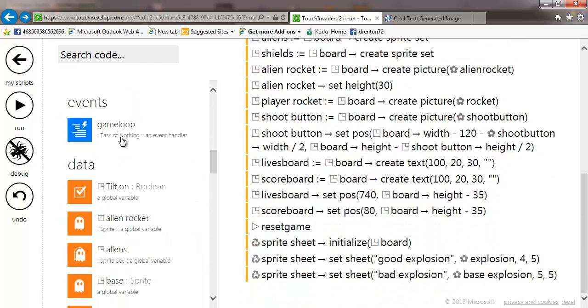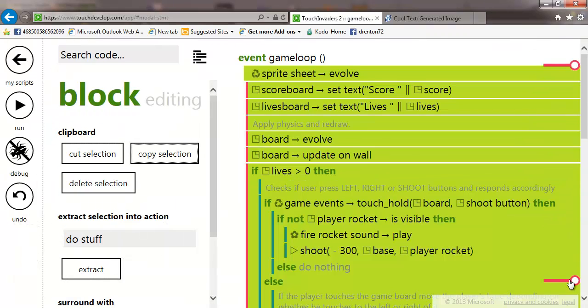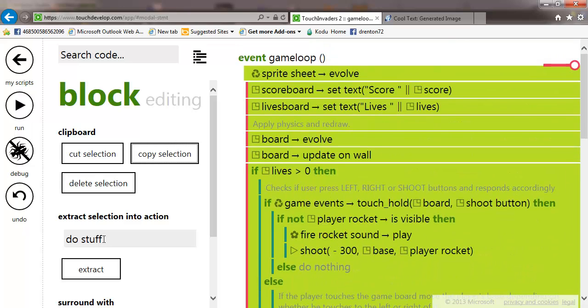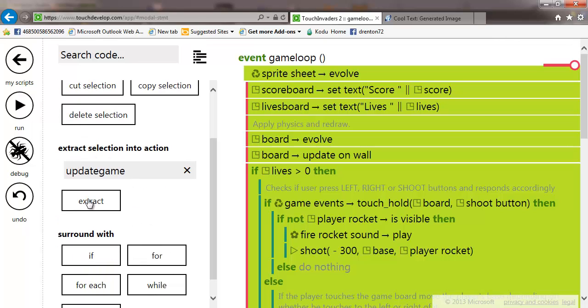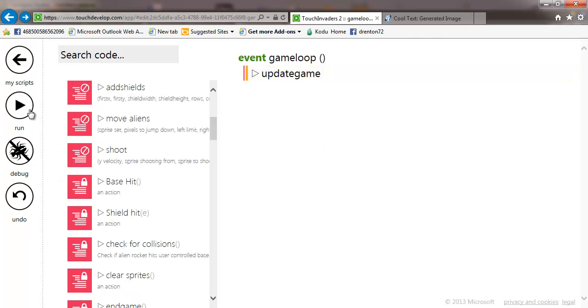What we're going to do is go to the game loop now, and basically everything in here, every single thing in this game loop, I'm going to select, and I'm going to extract it to what I'm going to call, let me see, what will I call it? Update game. We'll call it update game. Okay, so the game loop is getting extracted out. That will still run,